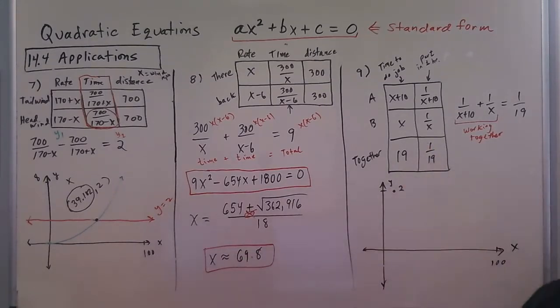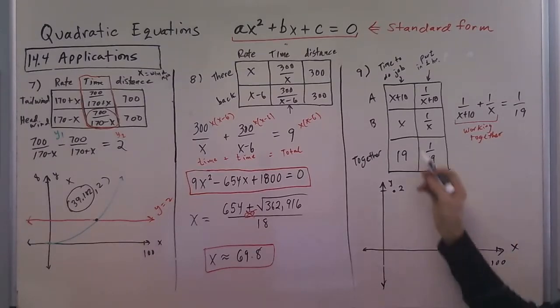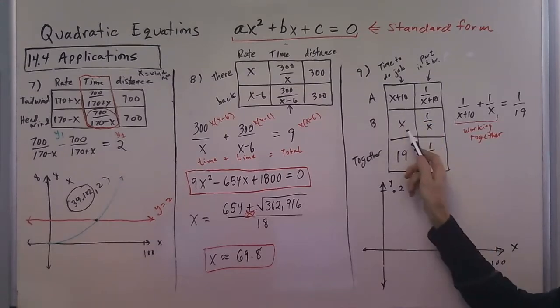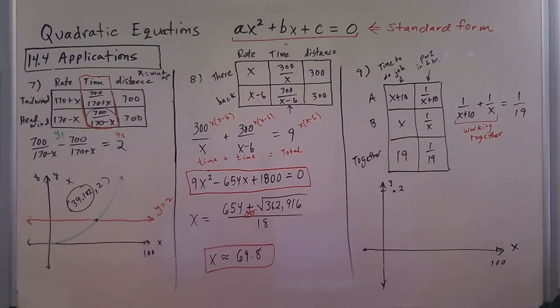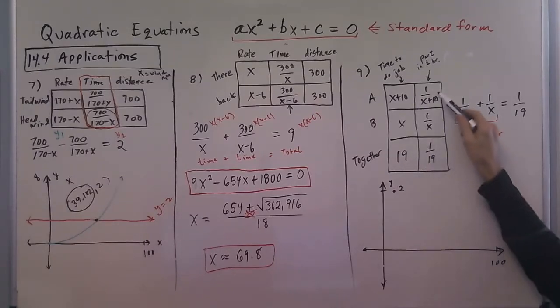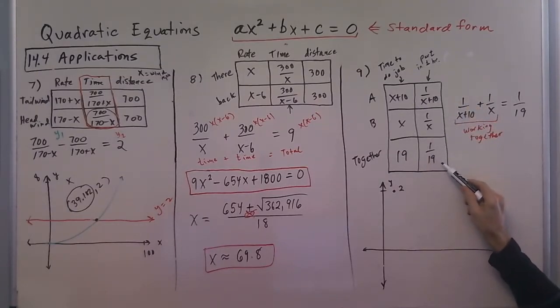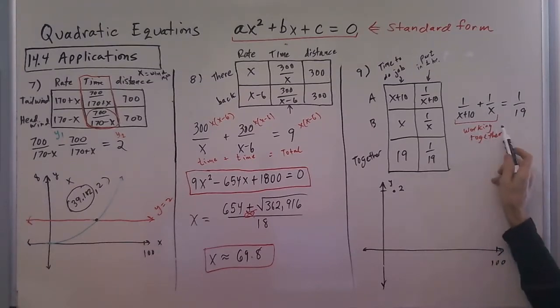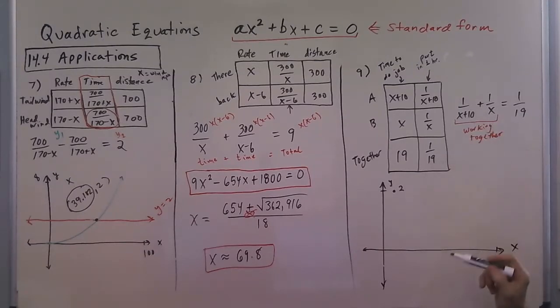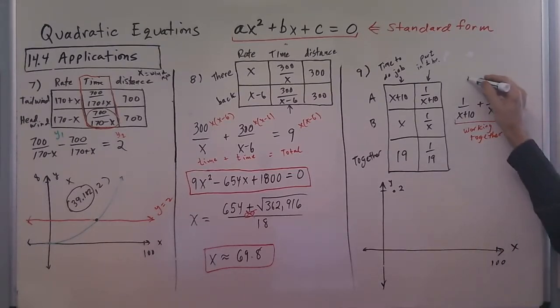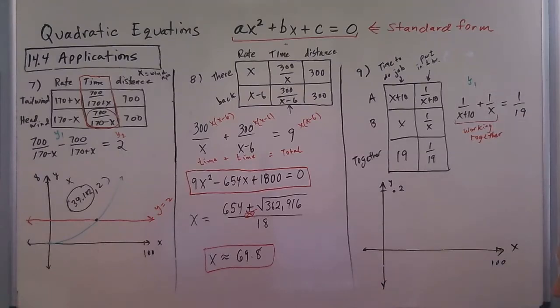Now we've seen these job problems before, and this problem says that company A takes 10 hours longer than company B, but if the two companies work together, it takes them 19 hours. So this is the time to do the job. This is the part done in 1 hour, and this signifies the equation working together. If we put this into Desmos, letting this be y1 and this be y2,